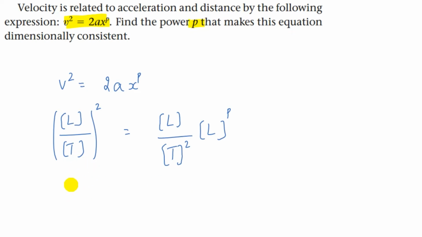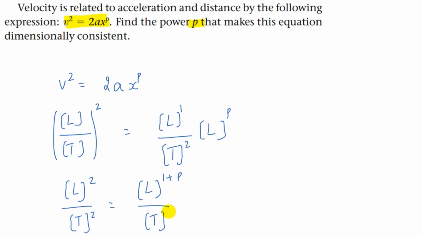Now here, we can write this value as L square whole square divided by t square, which is equal to L. Now this L has power 1 and this L has power p, so if we combine we'll get L to the power 1 plus p, divided by t square. Now here this one and this one will cancel out, so we'll get L square is equal to L